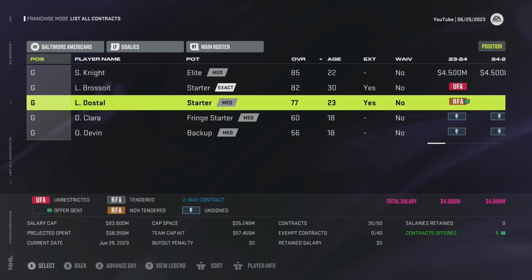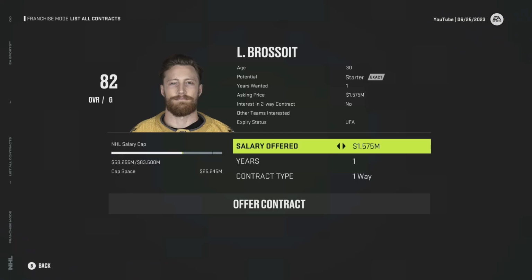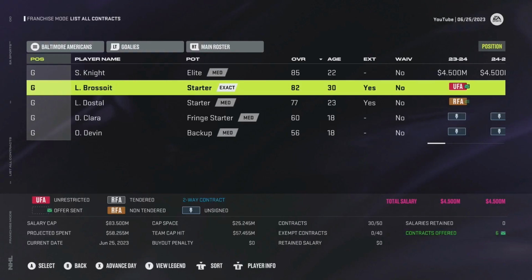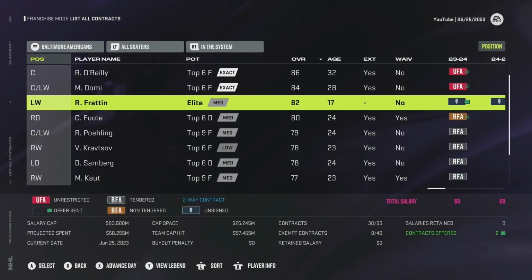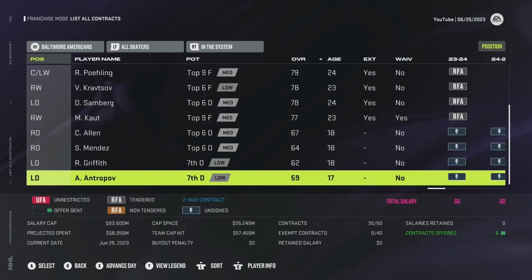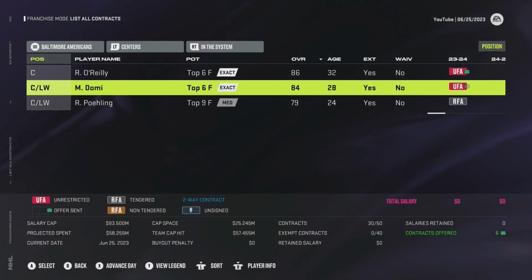I mean, he's only 23. And then Laurent Brossois, what does he want? 1.5. We'll just give him 1.4 for a year. There you go. Because then Lucas Dostal's going to be up in the NHL anyway as our backup. Spencer Knight will hopefully be like 89 overall or something. That is one thing that absolutely drove me insane about NHL 23 was I had Eunice Korpisalo who won the Vezina Trophy. This is on like my own...